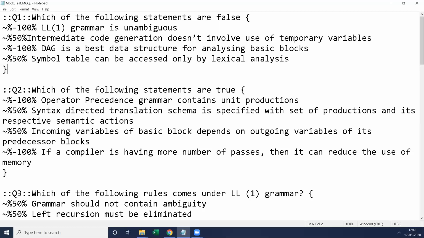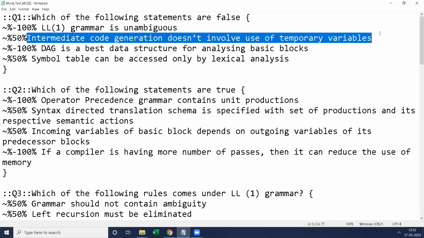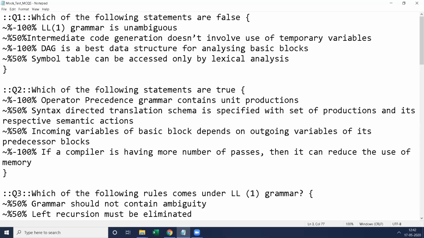Suppose the person chooses the first choice, a wrong choice, that means minus 1 mark. If he chooses one right answer, that is 0.5 mark. So minus 1 plus 0.5 means minus 0.5, and it won't take a negative value, it takes only 0. So if the person chooses any wrong answer along with a right answer, by default he will get 0 mark.